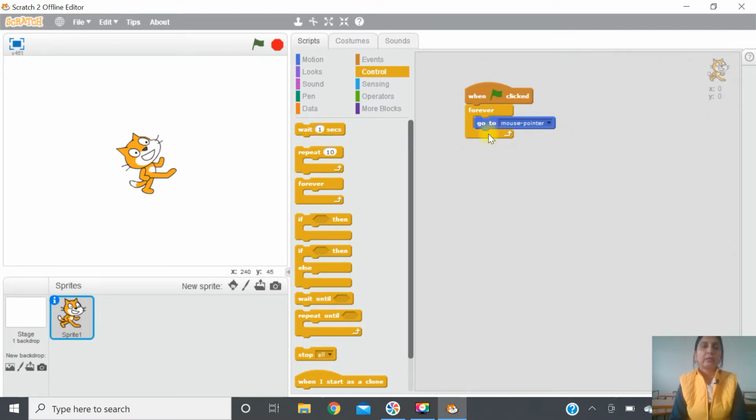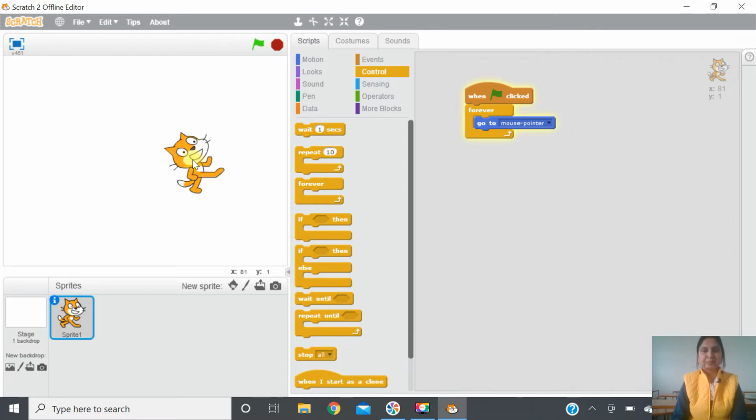Wherever the mouse pointer moves, the sprite also moves. So let's see. I click the flag, and wherever I carry my mouse pointer, the sprite will go there. So it will move as per the mouse pointer.